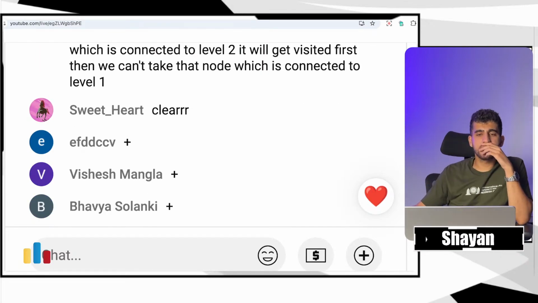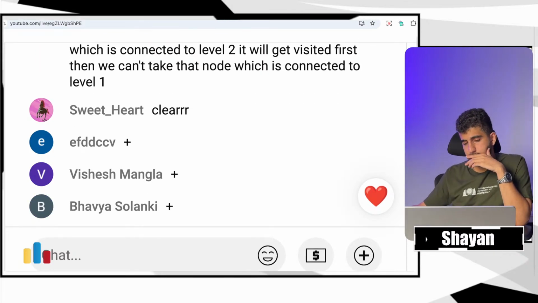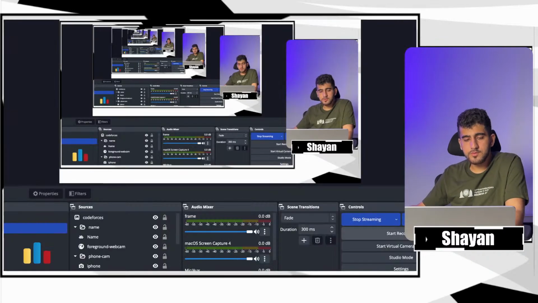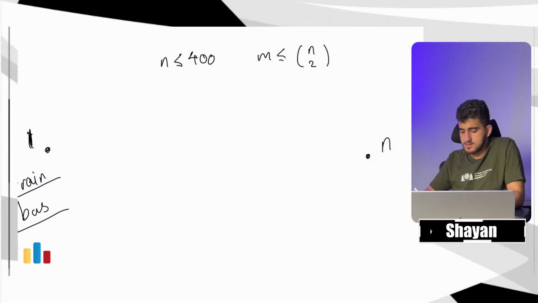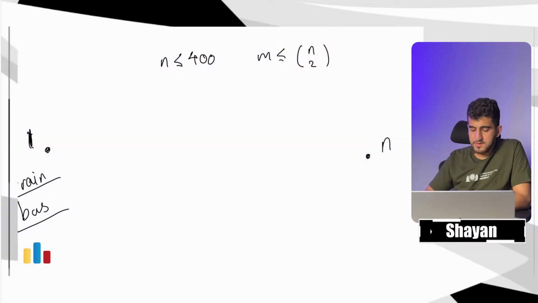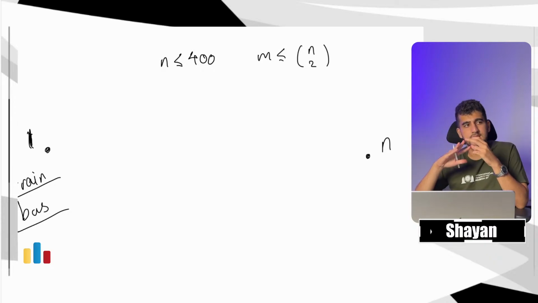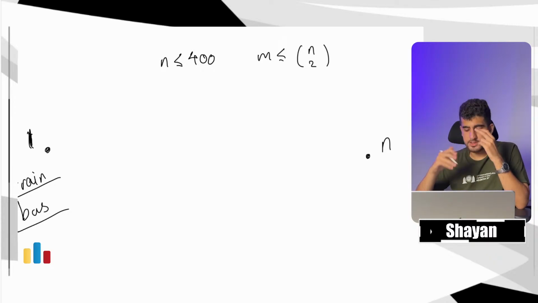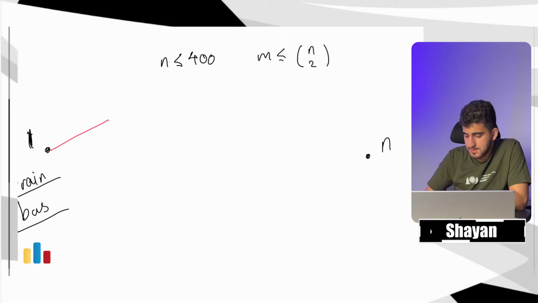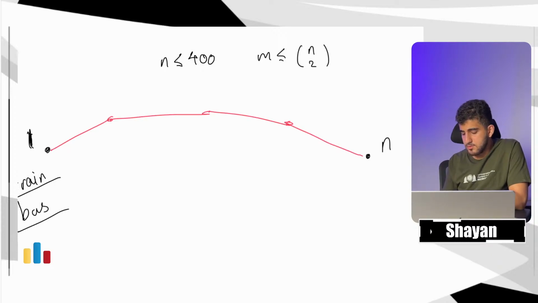So how can we solve this problem? Do you have any idea? We want to find two paths. It's like we want to find a red path. We know that between each two vertices there is either a red edge or a blue edge. So we want to find a red path and a blue path